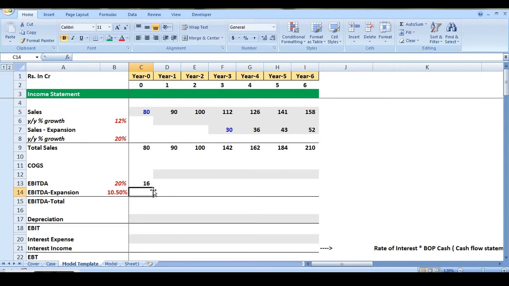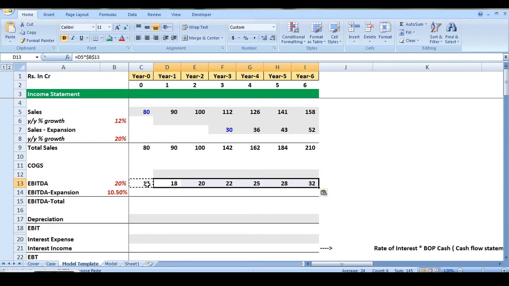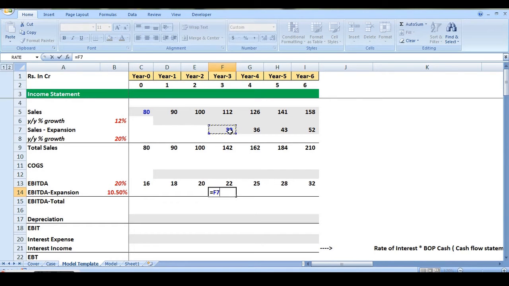So we have got the EBITDA for year 0 and same formula now we can drag or copy paste for rest of the years for normal sales, and for expansion sales we will start from year 3. So the formula remains same, is equal to expansion sales multiplied by the EBITDA for expansion.